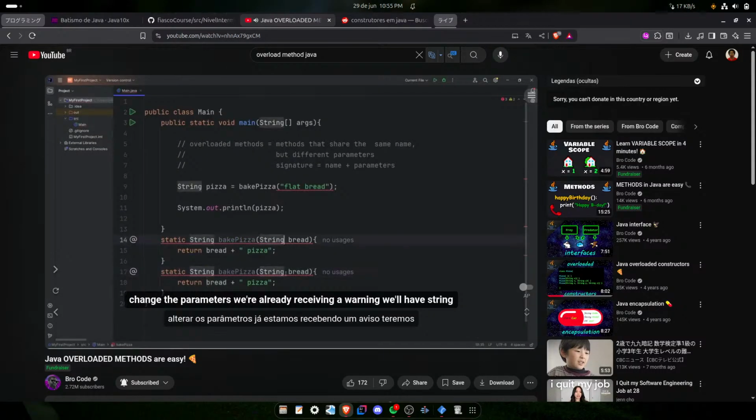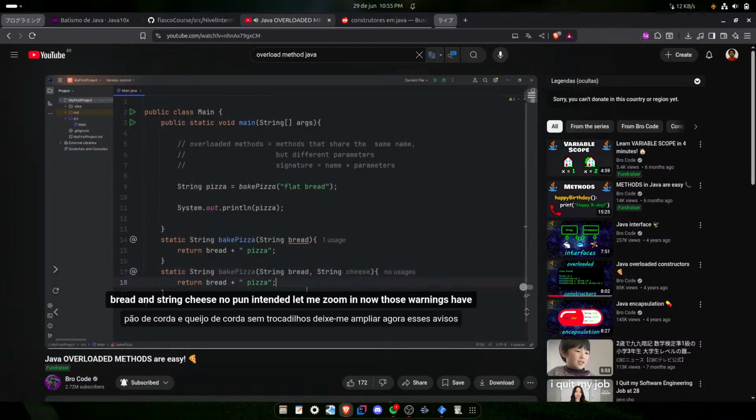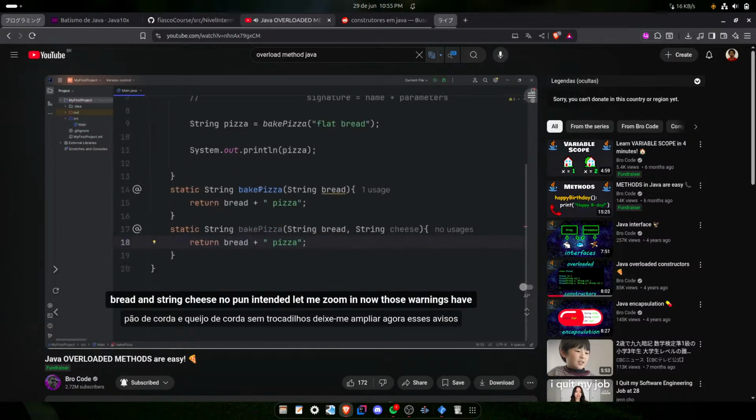We're already receiving a warning. We'll have string bread and string cheese. No pun intended. Let me zoom in. Now those warnings have went away. We have two methods with the same name, but they have different parameters, which is fine. We can do that. So this time, let's return a string of cheese plus a space character plus our bread